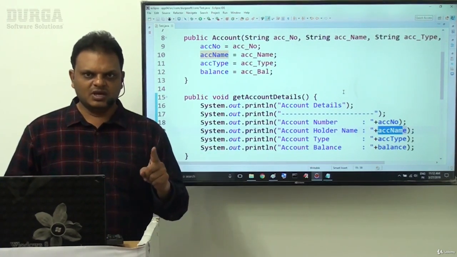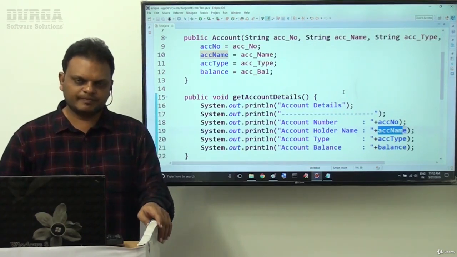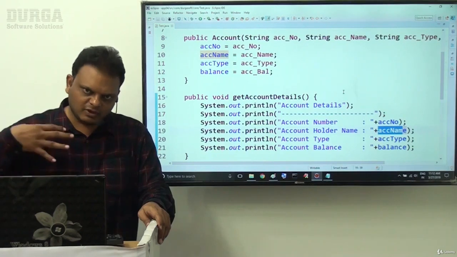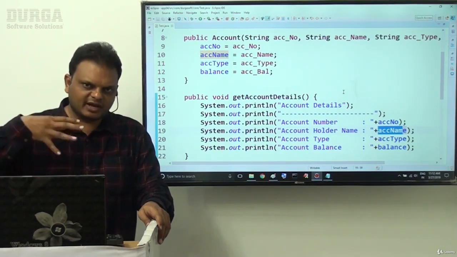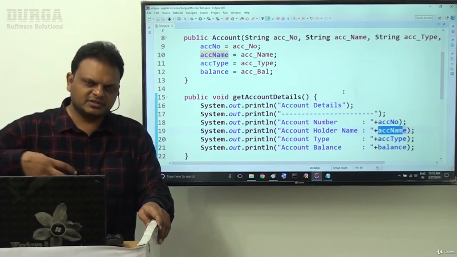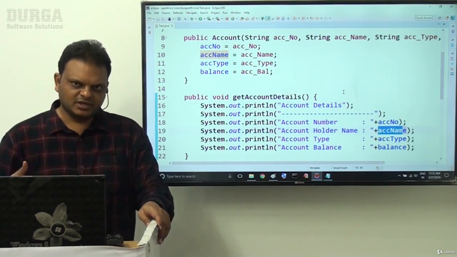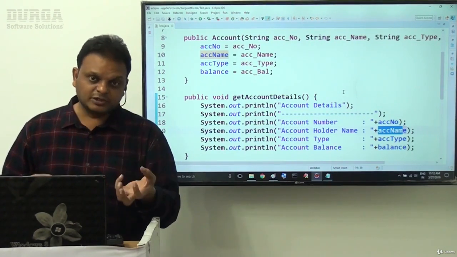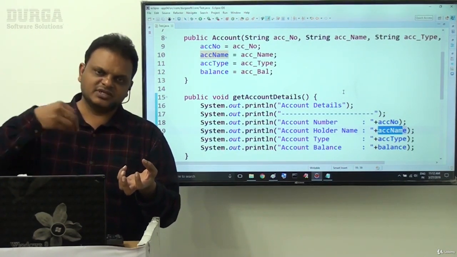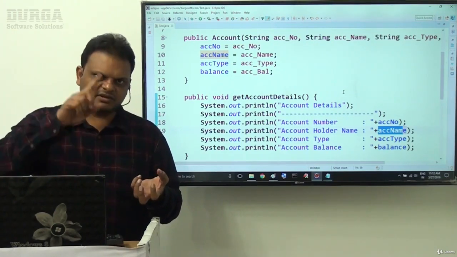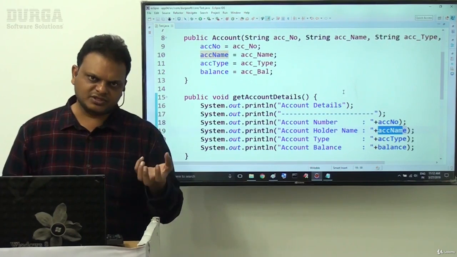This is one reason. Another reason is this: I want to create account objects with the account details. If you want to create an account object with account details, we have to store the account details inside the object. Only class level instance variables have accommodation inside the object.